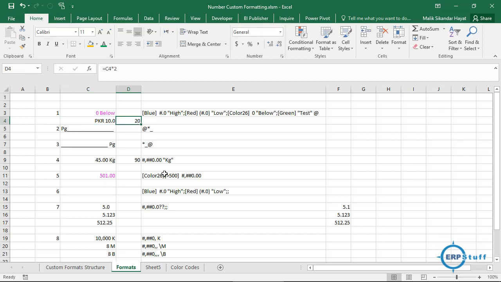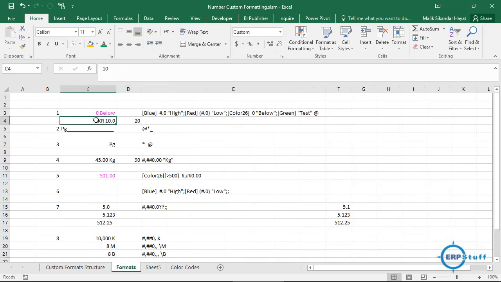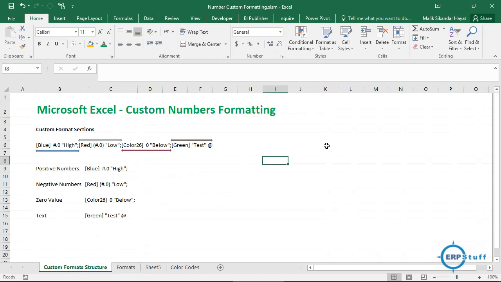So it is not giving me an error that it's a text, like we faced an issue here. See here, because this is text, this is not a number, but here it's a number, but it is formatted with extra text. But ideally in the cell, the data is still 10. But for our view purpose, the custom formatting is changing it with a prefix PKR, and it can be postfix or whatever you want, and still your formulas are working. So this is the plus point of this custom number formatting, right.